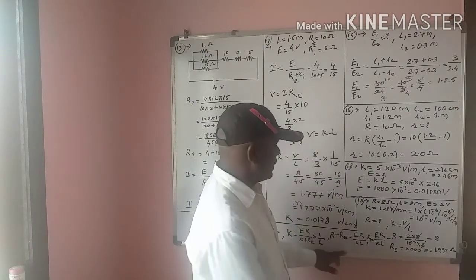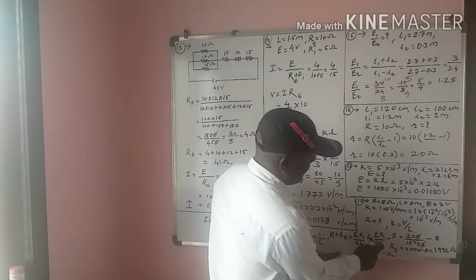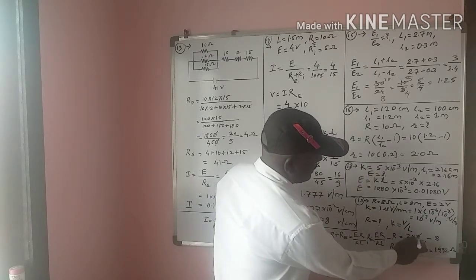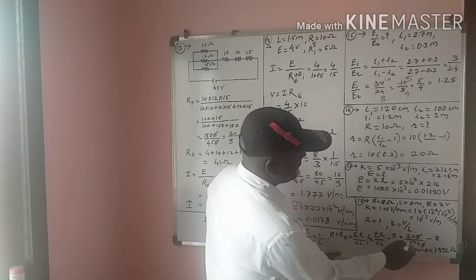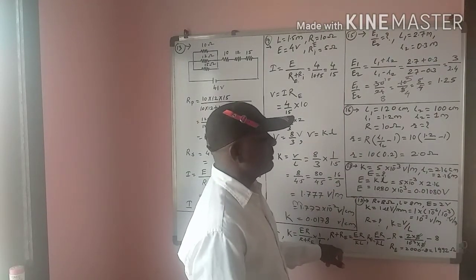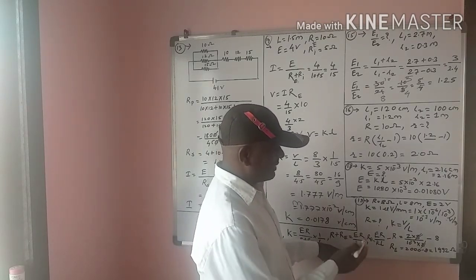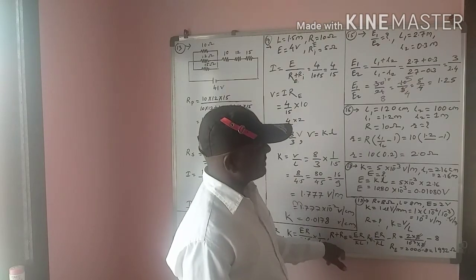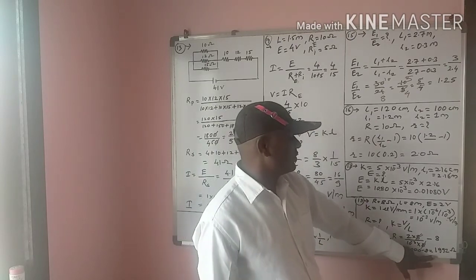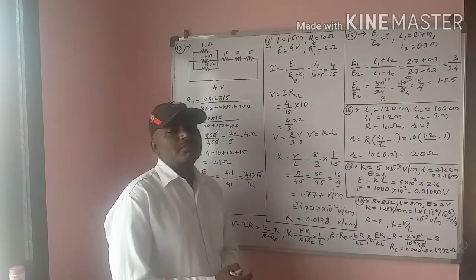That means E is how much, 2, r is how much, 8 ohm, and K is how much, 10 to the power minus 3, and the length is 8 meter. 8 cancels. Here these terms are cancelled, and 2 divided by 10 to the power minus 3 means 10 to the power comes in the denominator, it becomes a plus sign, and 2 multiplied by 10 to the power 3 means 2000 minus 8, and we get here that the external resistance is nothing but 1992 ohm. This is the external resistance in problem number 18.